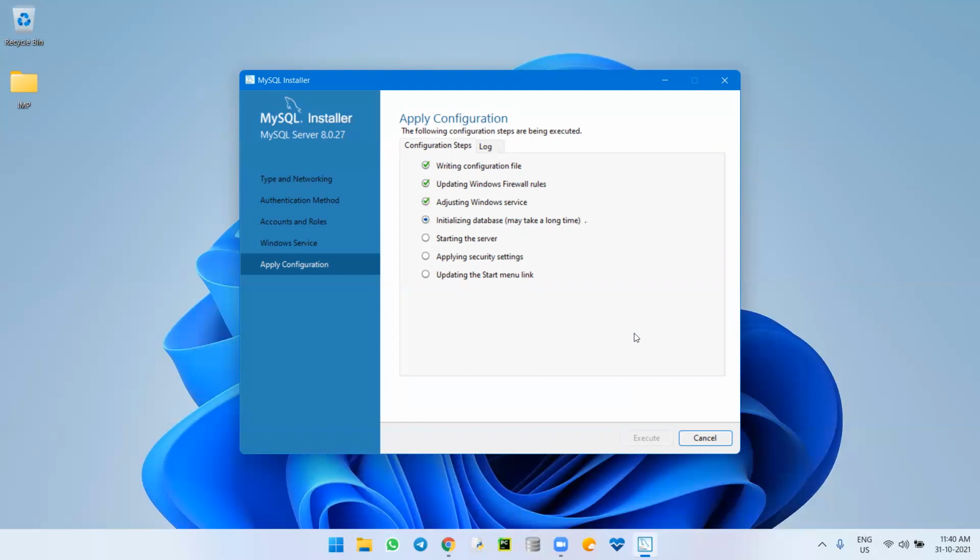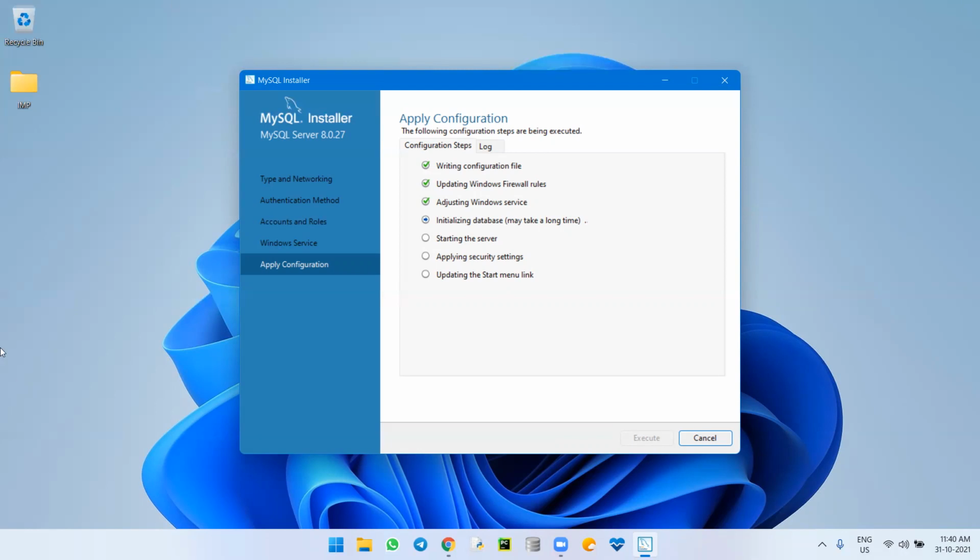So initializing database, it will take time for that. The rest of the things will be faster when we compare. Right. So these are the steps you need to follow. Must and should you need to follow. If you do anything wrong anywhere, it won't come. Okay. See the video once again and you can do it yourself. So the same thing will be in Windows 7 as well as Windows 10. So it doesn't matter. Even Windows 8.1 is also working.